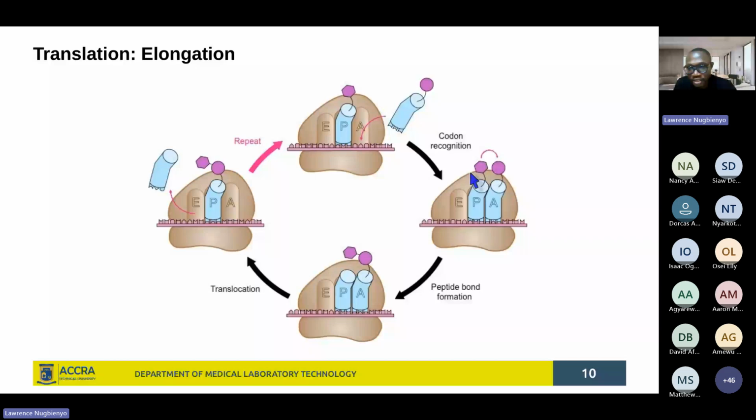Methionine will be that N-terminus. Whichever amino acid comes in last will give you the C-terminus of the peptide chain being formed. So the process continues until you see the